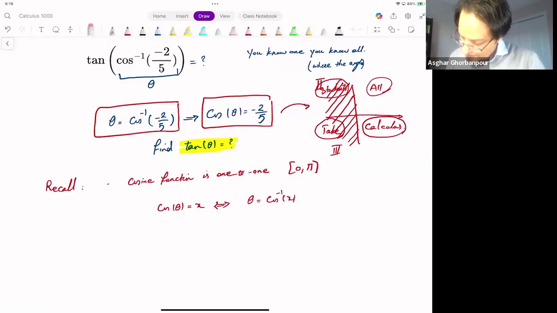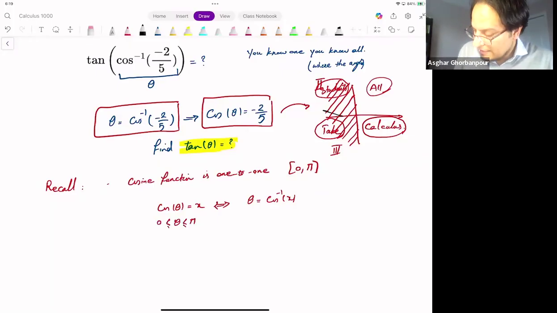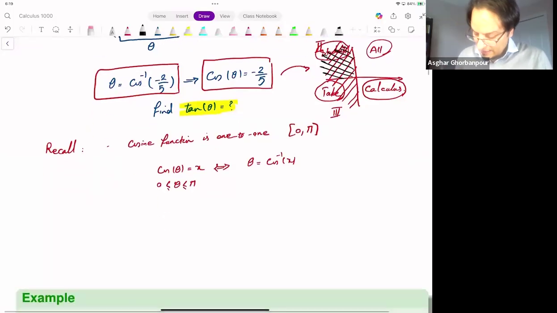If theta is between 0 and pi, then we can conclude that. So this means that already we know more than that. We know that theta is in the second quadrant. And as a result of that,